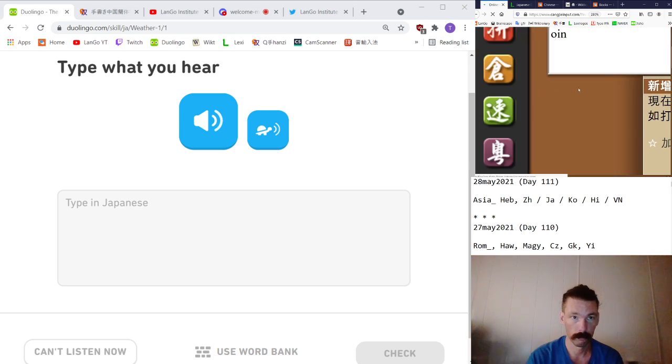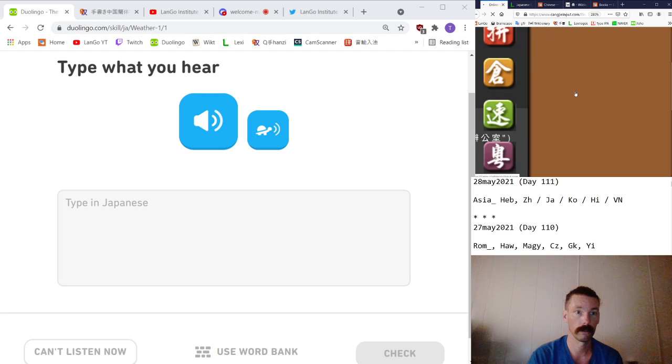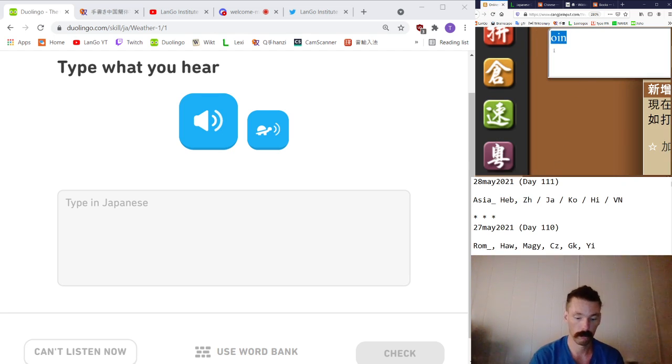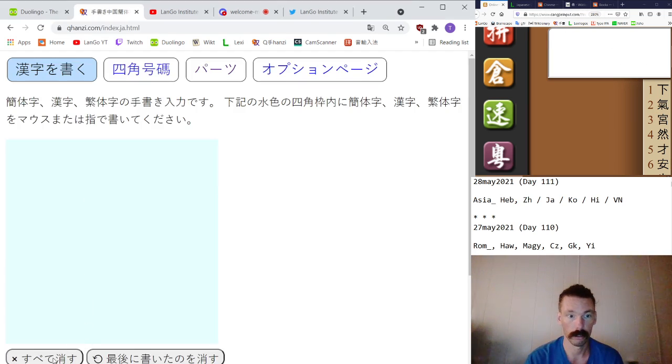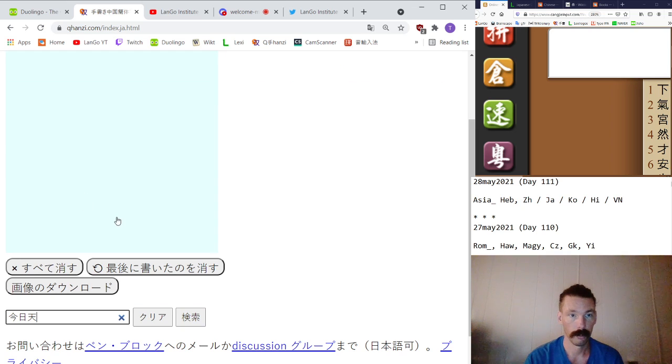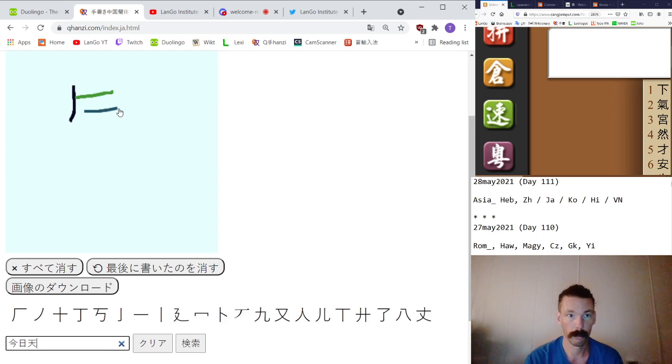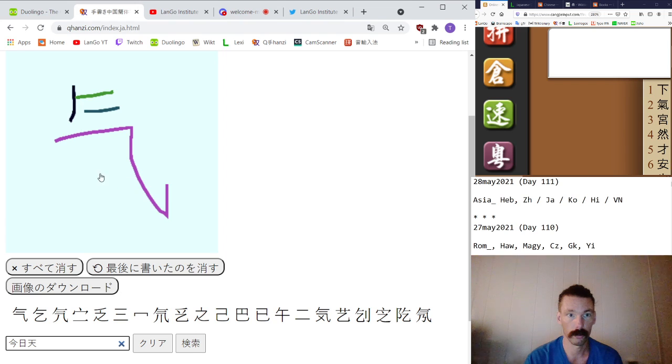I don't know why the lag is so bad tonight. Good lord. I'll tell you what else is bad, this lookup thing that doesn't work. I hate it. Kyo wa tenki ga ii desu ne. We'll do the rest phonetically after I get this one kanji. Tenki. We have a special Japanese form for this one.